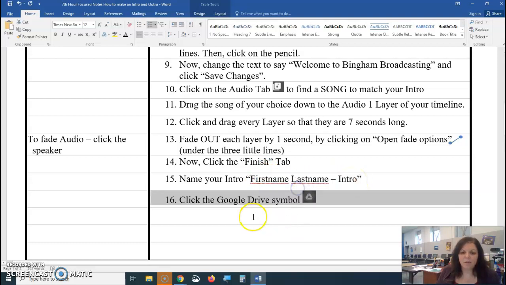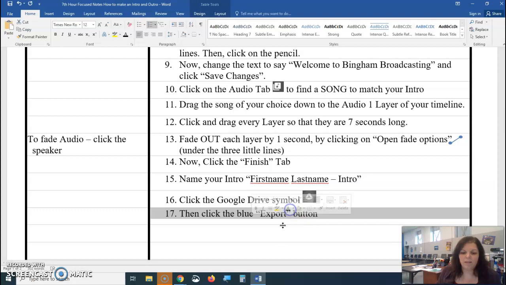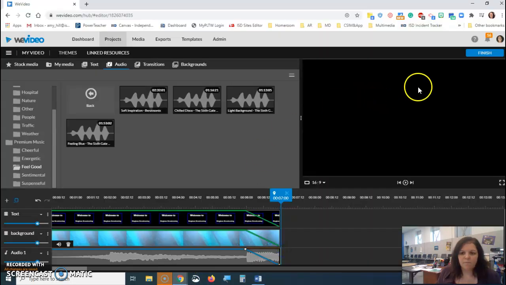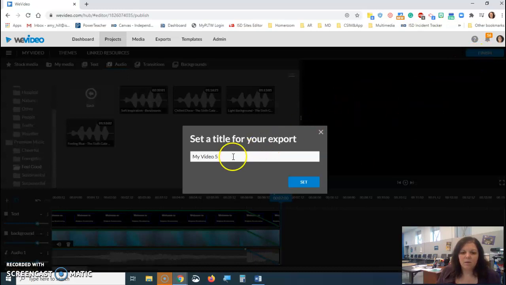And then there's going to be a button that says Google Drive. It looks just like this. And you're going to select that, and then you'll be able to select the export button. And that will complete your intro. So let's go ahead and do that. So we're done. We've watched it. It met all the requirements. I'm going to click Finish. I'm going to name it